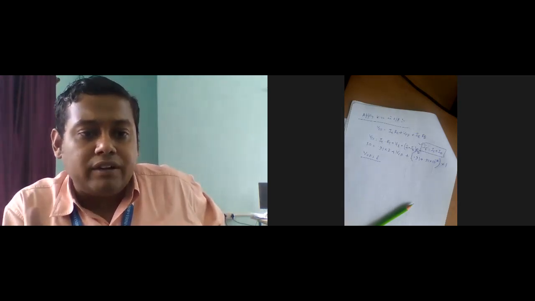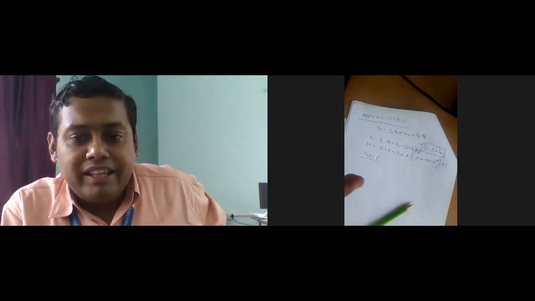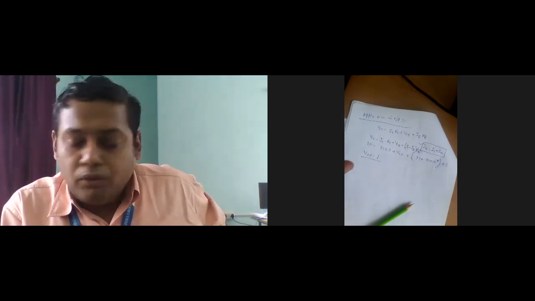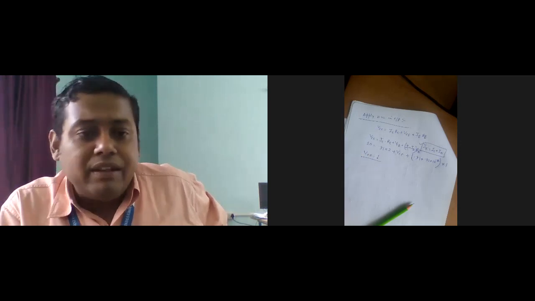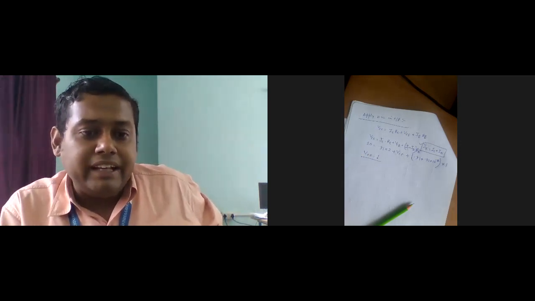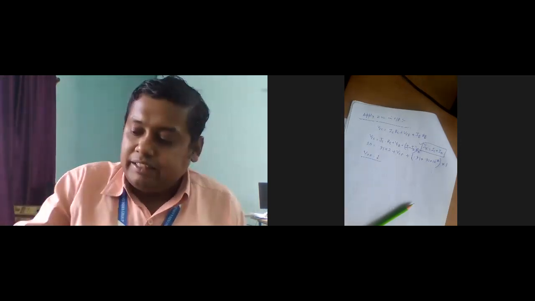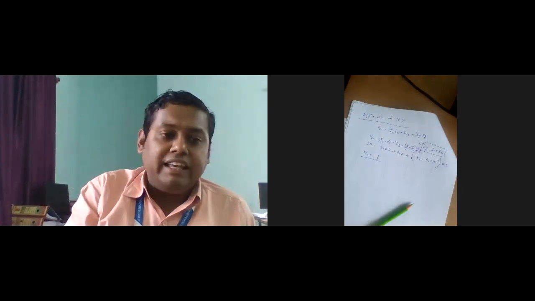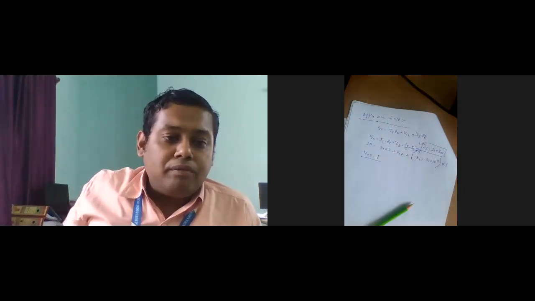It's a very important problem, and this type of problem may be critical at the time of your examination. So here I solve it with a very easy method I usually adopt. So please focus on this method. What is the value of VCE here? Apply the KVL, Kirchhoff's voltage law, in this equation to find out the VCE, the collector to emitter voltage drop of this transistor.